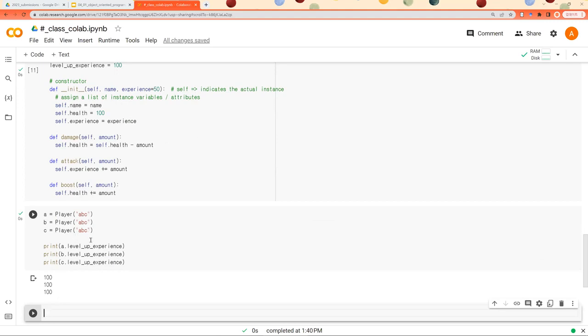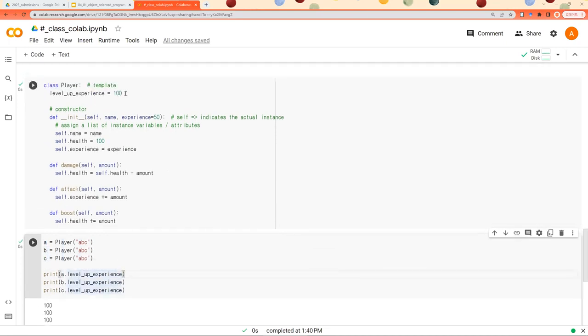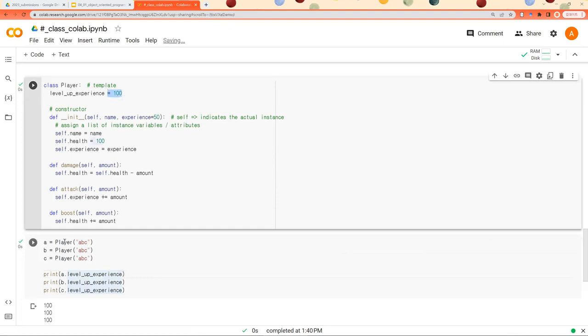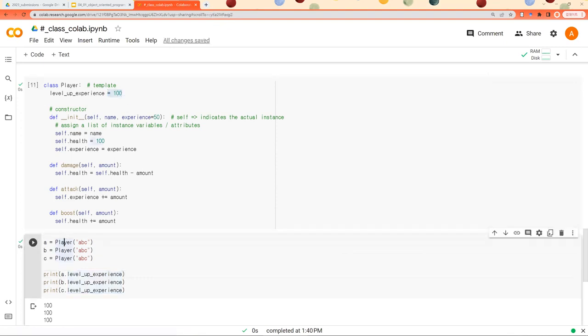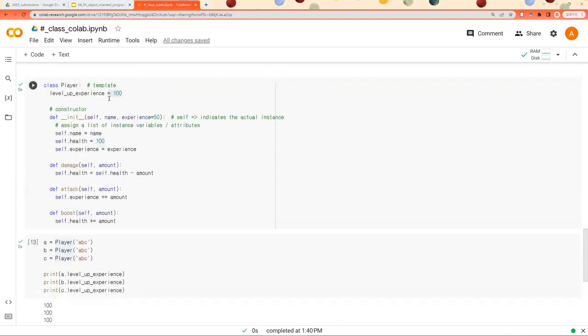Even though we do not pass level of experience to this player A, B, or C, they are automatically defined as 100 and shared across all instances of player class. Okay? And one of the reasons why we define these class variables